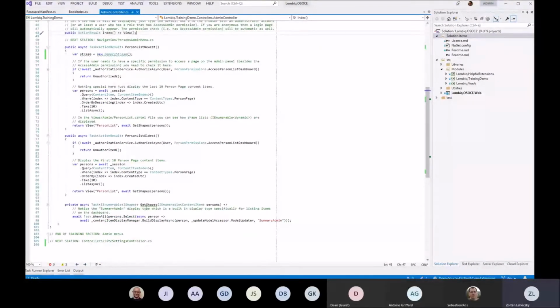So for example, we see this GetShapes method here, which returns a task. So there is that guideline that such methods should be named or suffixed with Async. And that's exactly what it says at the Async suffix. So we gathered these analyzers into this project and configured it in a way that is more or less compatible with what we have been doing in Orchard for the last decade. Not completely, because there are some,